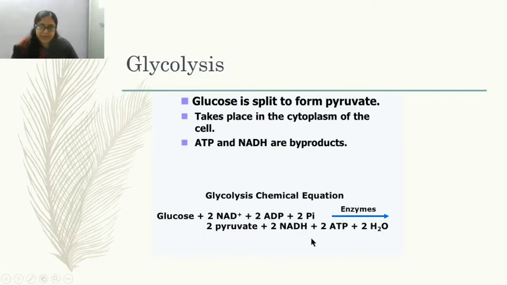So mainly we are focusing here on the ATP, because ATP is the requirement of this respiration process, where this ATP is utilized by the cell. Now this pyruvate molecule further undergoes changes. So let me see this in the next step. So first step is glycolysis, splitting of glucose into pyruvate. Little energy is released, it takes place in the cytoplasm, and most important thing, there is no use of oxygen in this breakdown. So इस reaction के अंदर कोई भी oxygen utilize नहीं होती है.